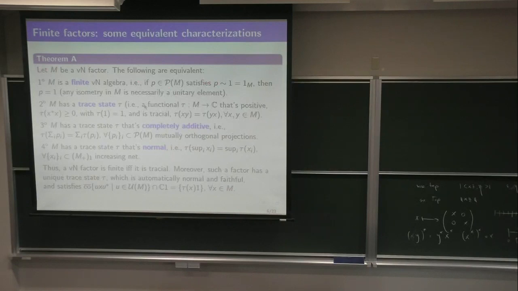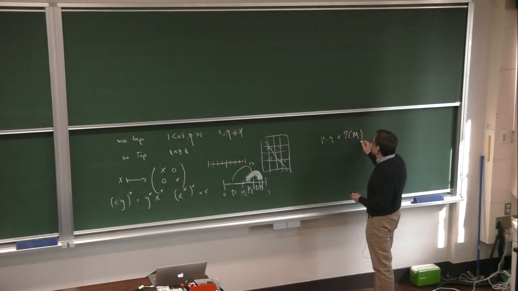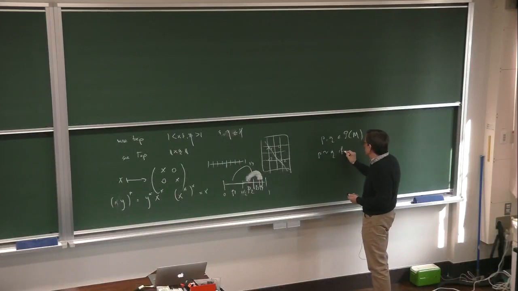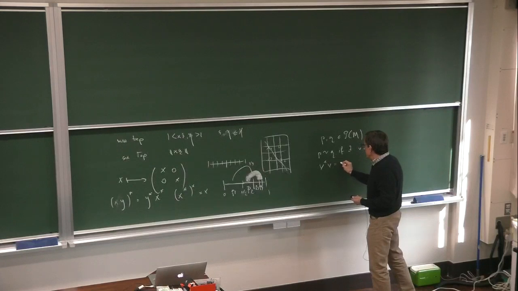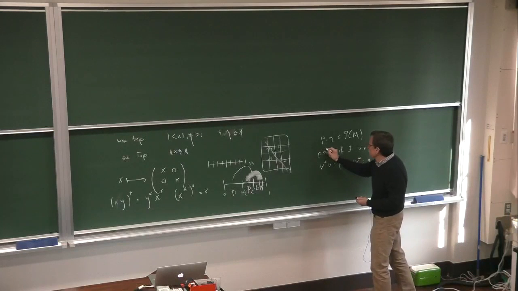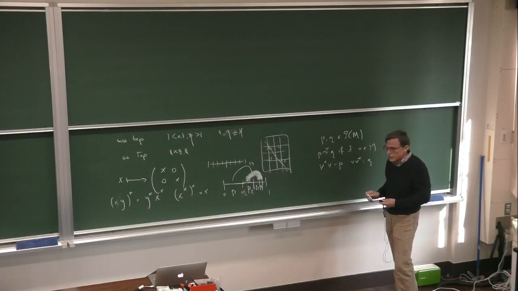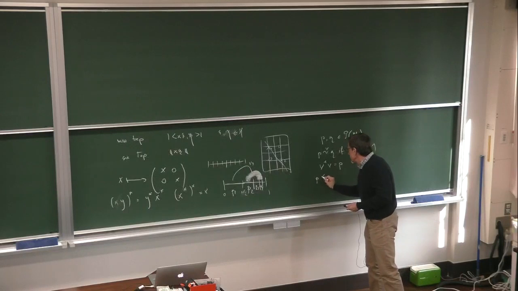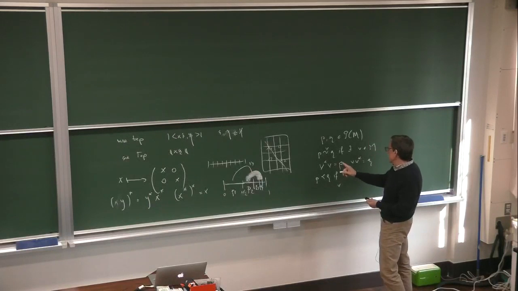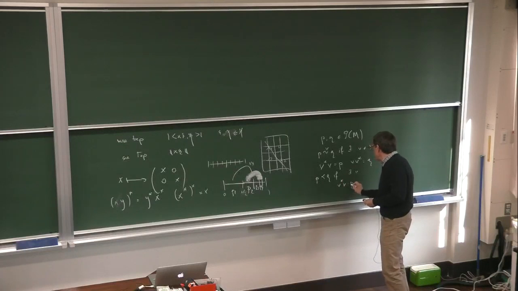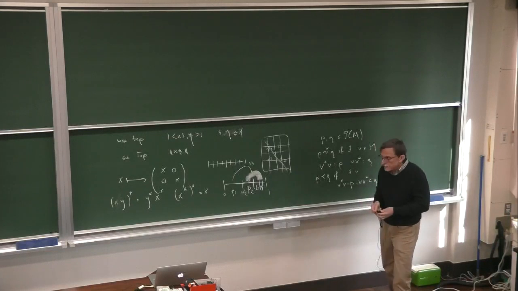It says that a von Neumann factor satisfies this so-called finiteness axiom. For two projections P and Q in M, which I use this notation for, you write that P is equivalent to Q if there exists a partial isometry V in M such that it has the source P and the range Q. You sometimes also write that it's an equivalence given by such a V. Also you have P less than Q if there exists V as before such that V star V is P